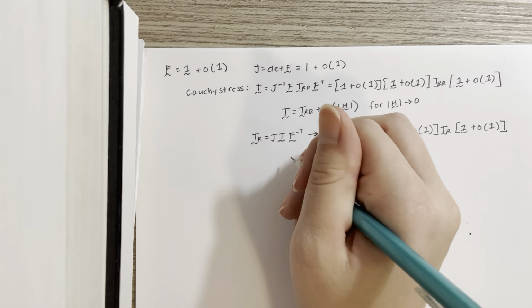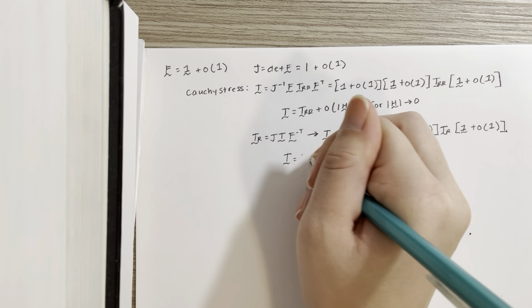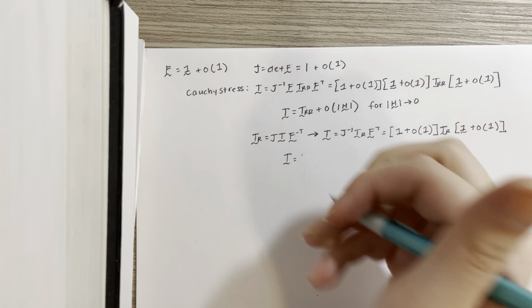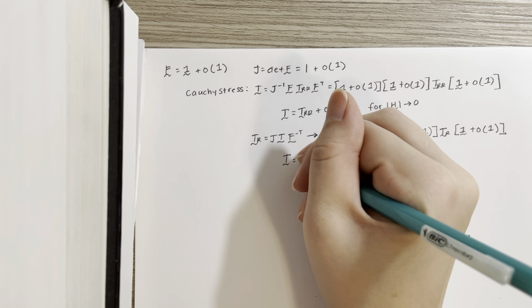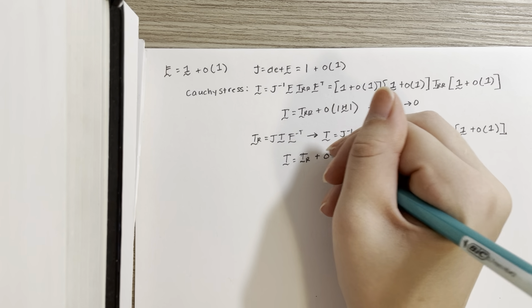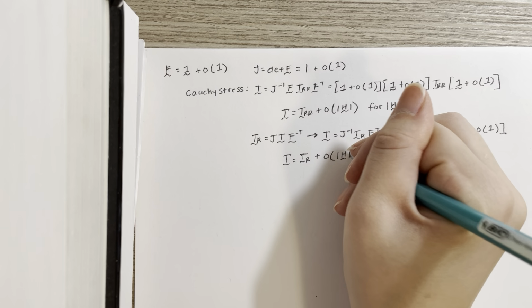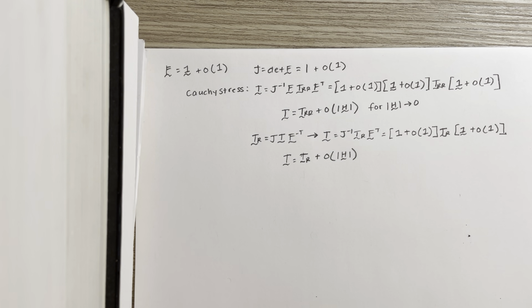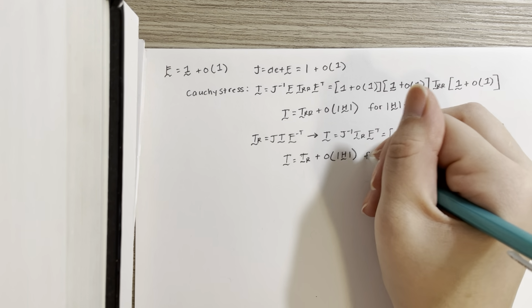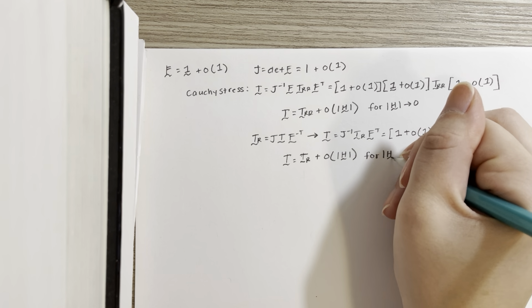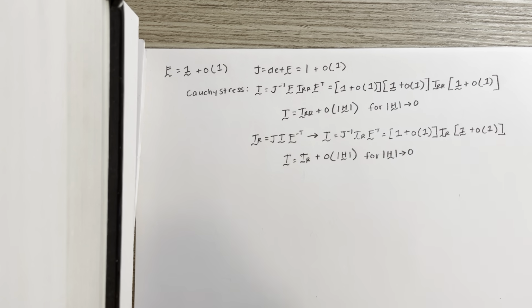So that we then get that T is equal to TR plus some higher order term, again, for H approaching 0. So now